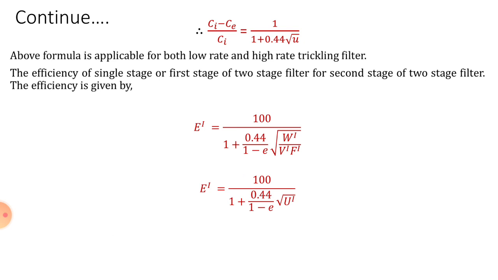It can also be written as E dash is equal to 100 divided by 1 plus 0.44 divided by 1 minus E under square root capital U dash. So it means that here capital U dash is nothing but W dash divided by V dash into F dash,